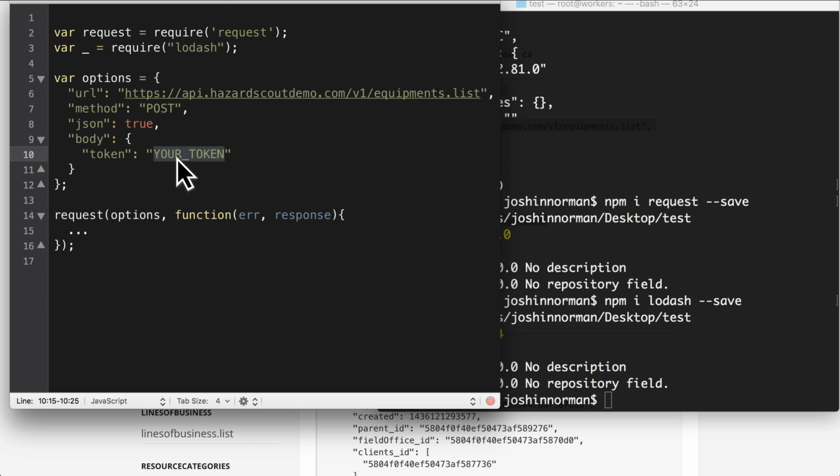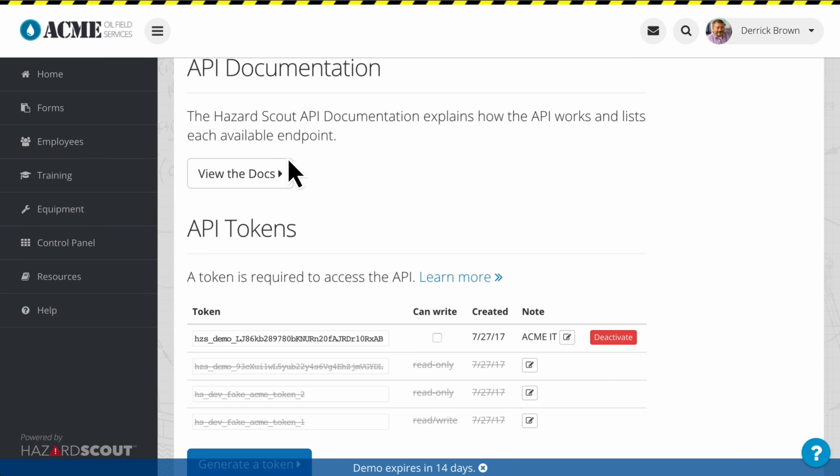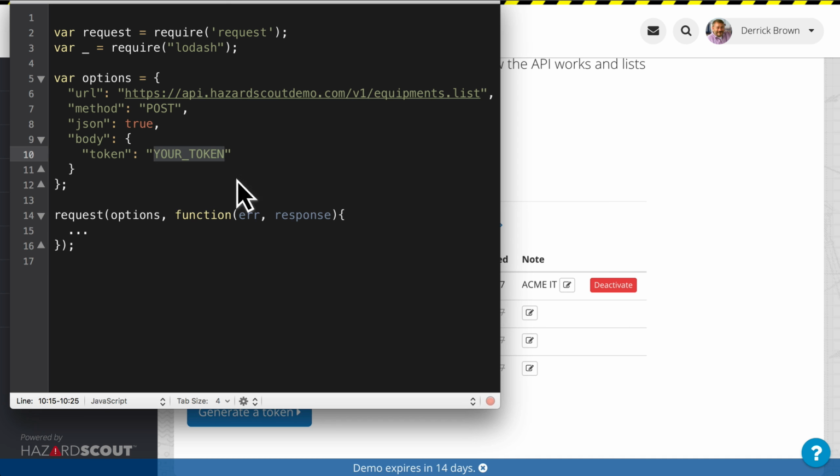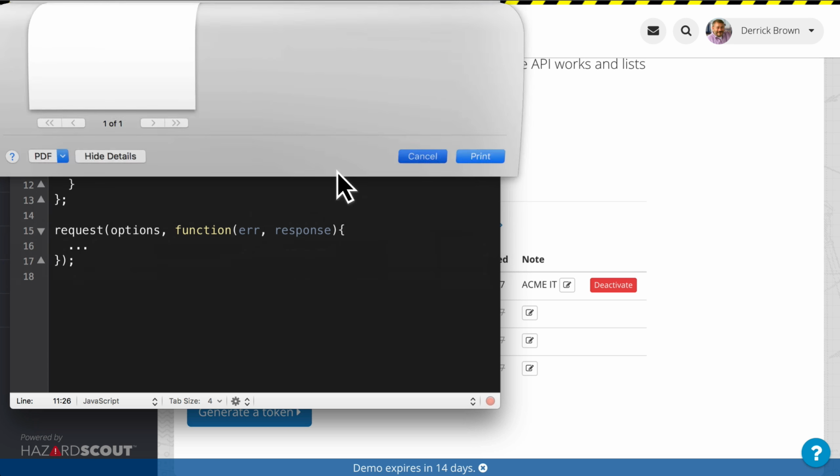We've got everything except we need the token and then we need to choose an equipment type that we want to actually filter on. So we'll go ahead and paste in our token, and then now we'll do equipment type underscore ID, I think is what it was. And